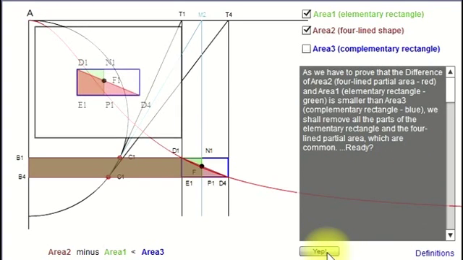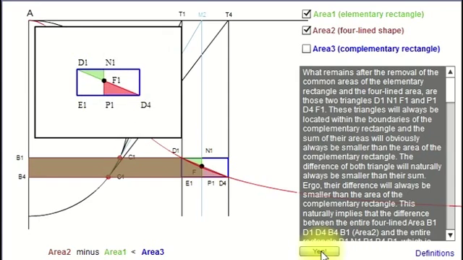And now let's have a look at the relationship within the complementary rectangle. There you see that it encapsulates a part of the elementary rectangle and a part of the quadrilinear figure. Both of these areas overlap in a certain region, which is this one between D1, F1, P1, E1. And therefore this part sort of cancels itself out when you look at it in terms of the difference between those two areas. Hence we would be able to remove this little section,